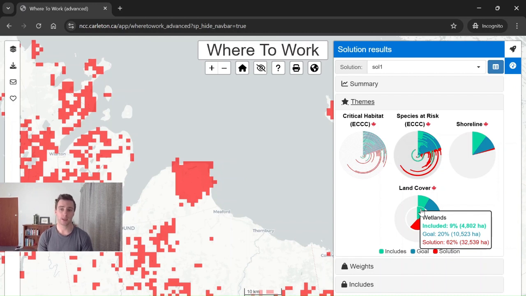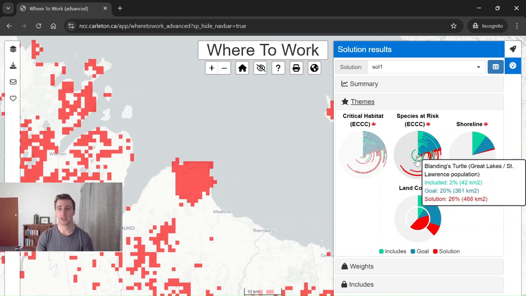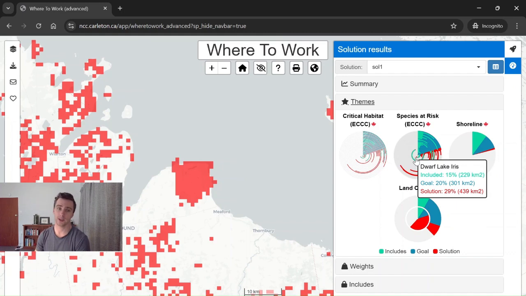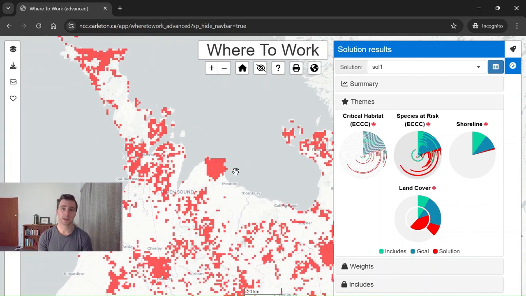Now you might be thinking, 62%, that's a lot larger than 20%. And the reason why this percent is so much higher is because in order to meet all the goals for all the other themes and features, such as critical habitat and species at risk, we had to get much more wetland than we had as our goal in order to achieve all the other goals for all the other features. Because we didn't specify a budget when generating this prioritization, it's guaranteed to identify a solution that will meet all